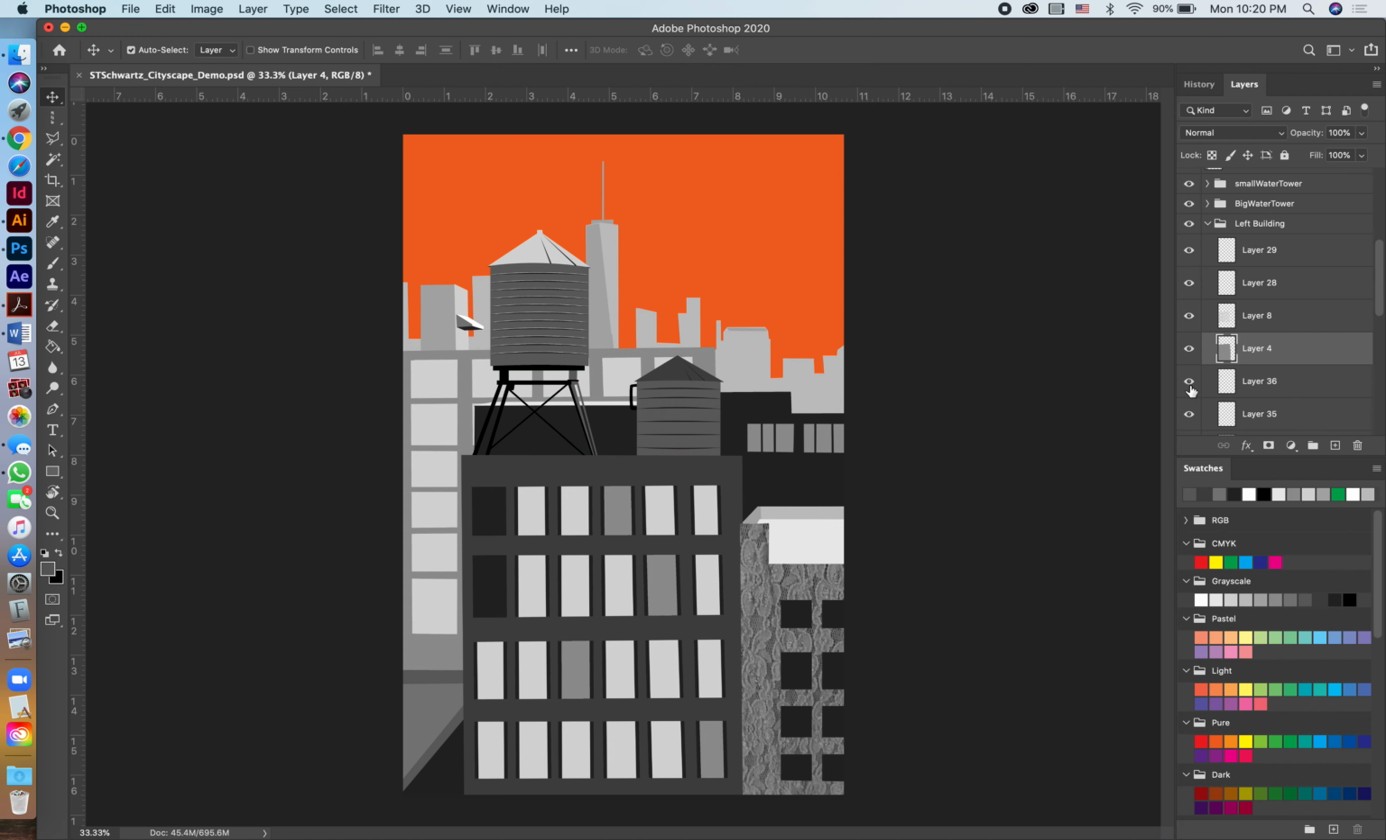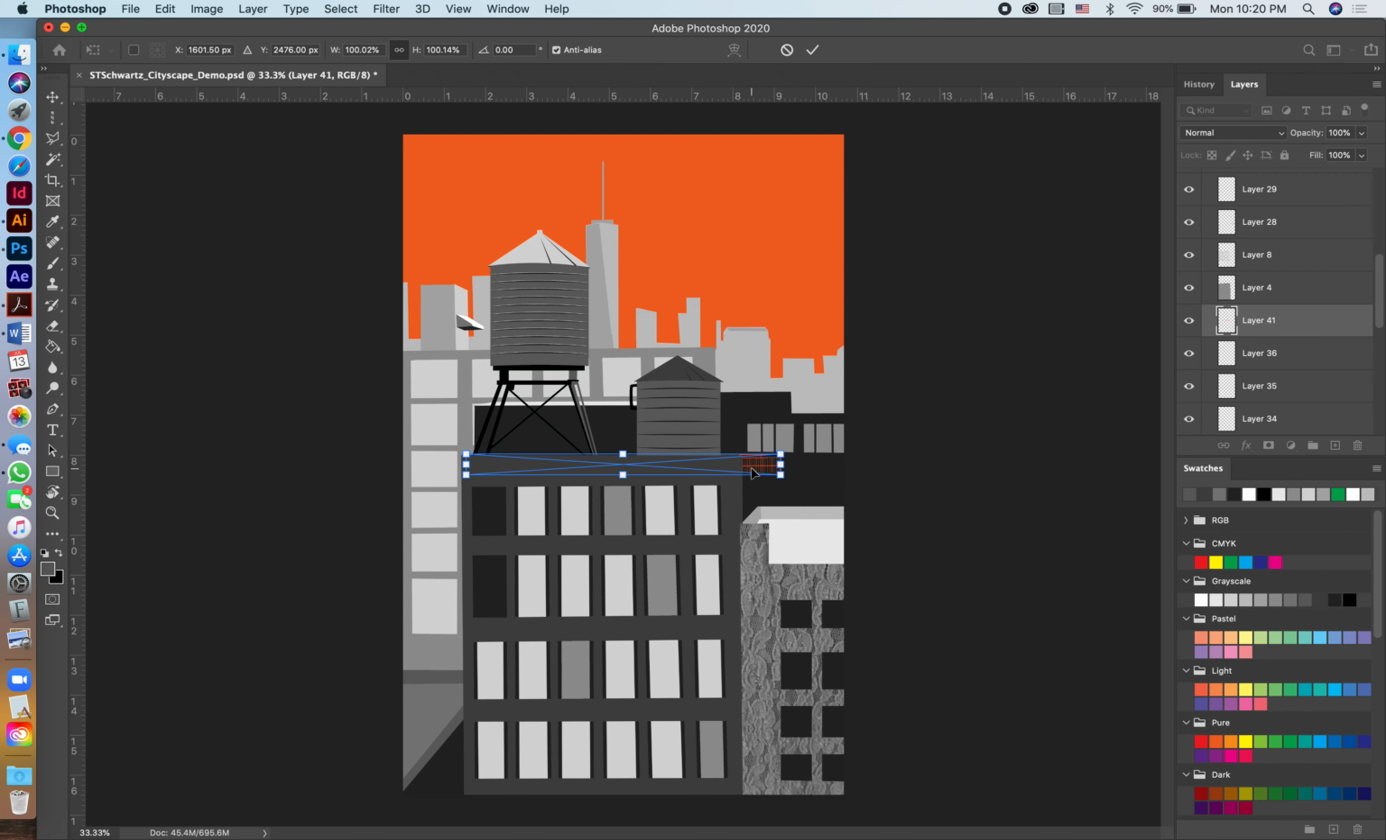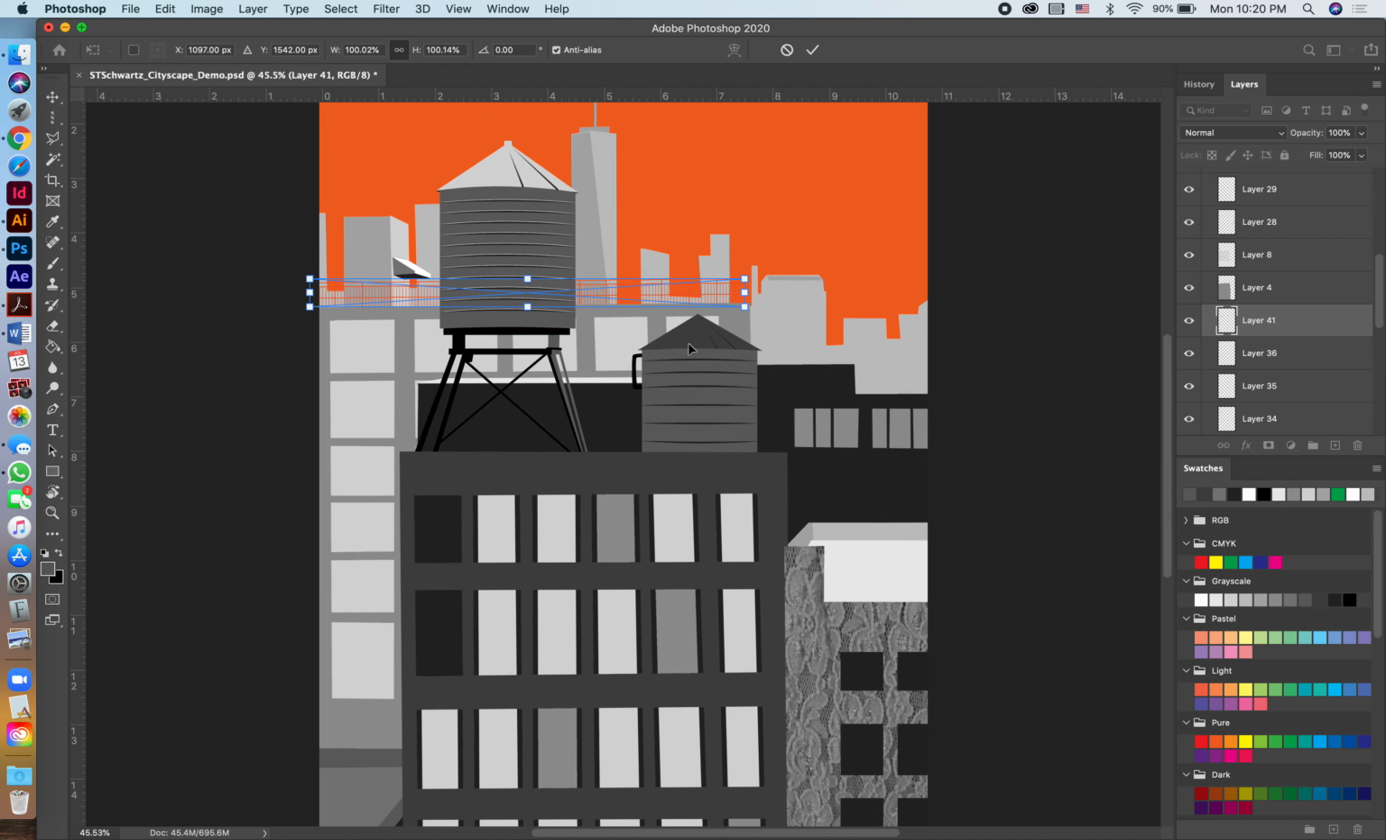So let's, what's layer? These are the layers, and I want it to be on top of that. So I'm going to select this layer. That way it will paste right on top of it. I'm hitting Command V, Control V if you have a PC, and we're going to hit pixels, so it pastes in as pixels. And now we have this orange shape, this orange railing,